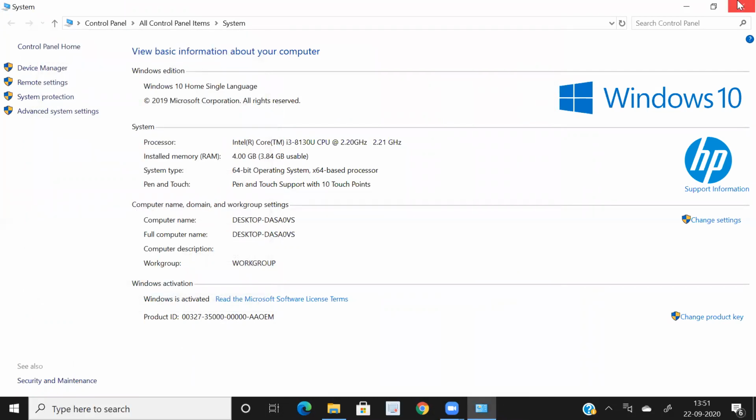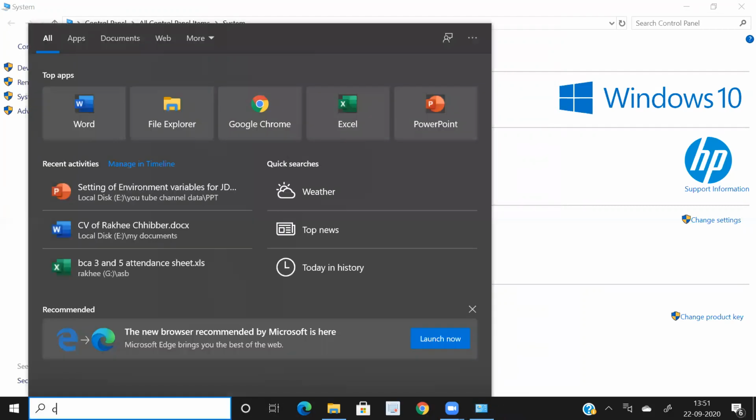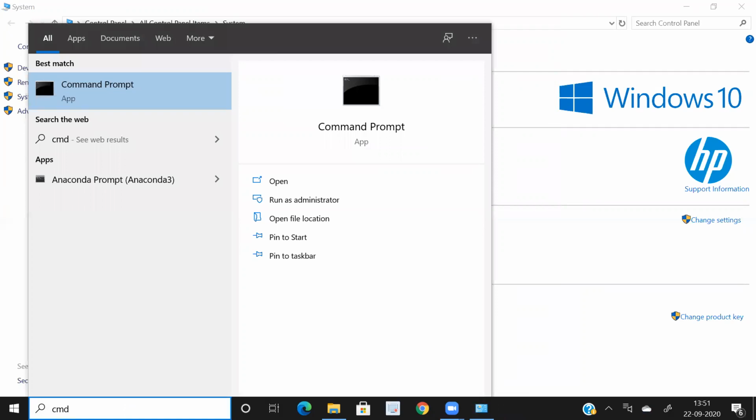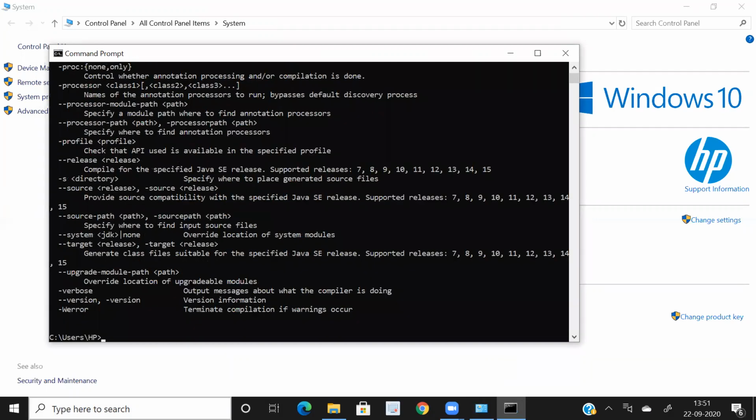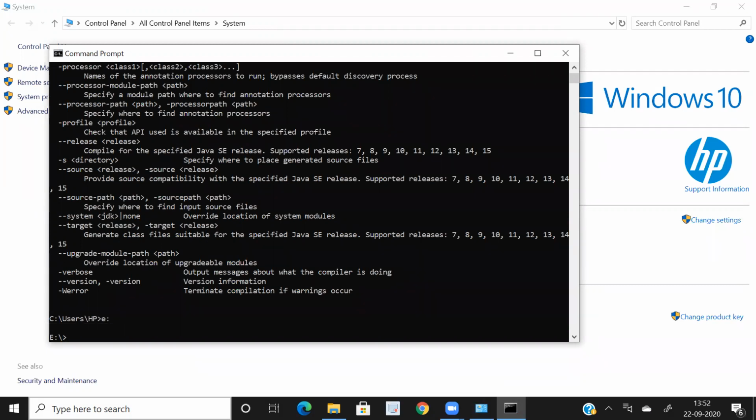And you can check it now by typing CMD in your run command and see whether javac is available in this folder or not. Yes, it is available. Now suppose I have a Java program folder on my E drive. I want to check whether it is available in that folder also.